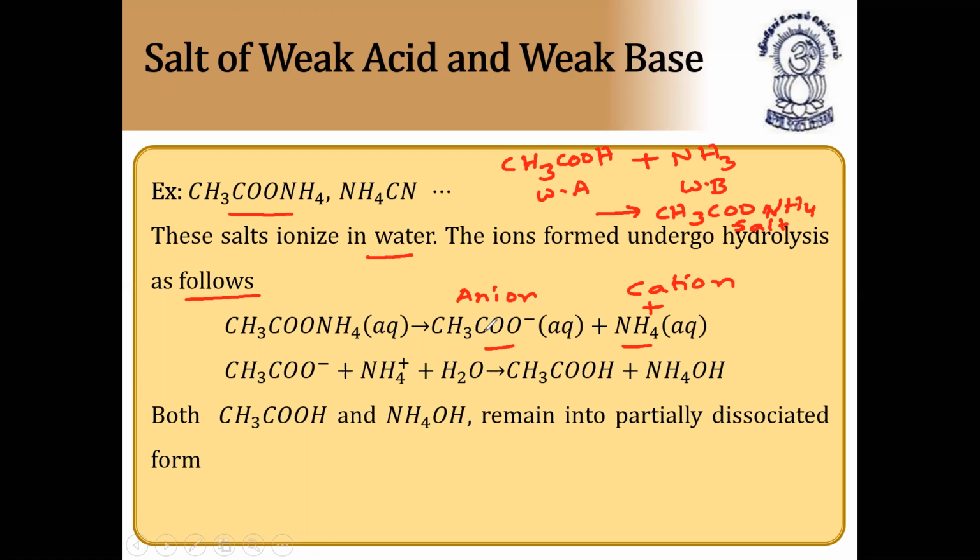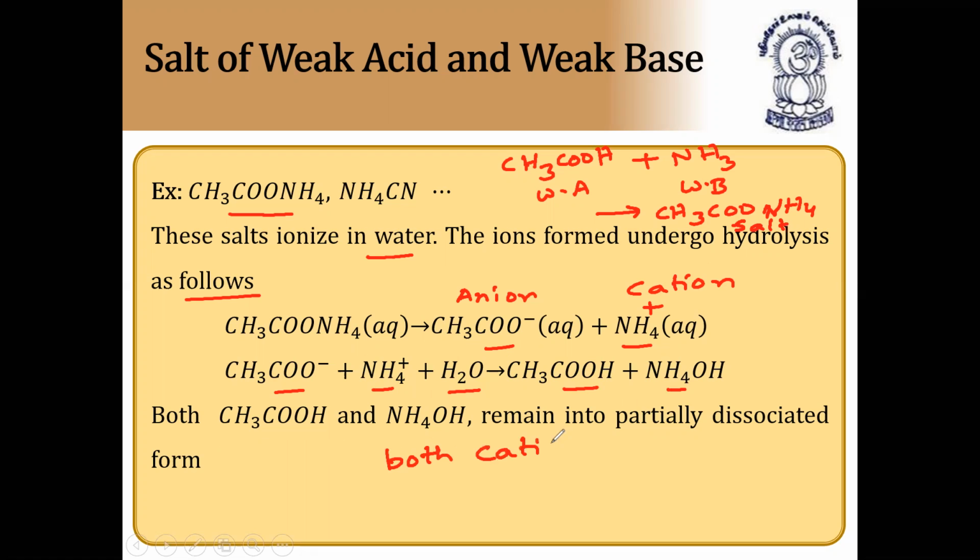In the previous case, we observed that either the cation or the anion combines with water. But in this case, both the cation and the anion combine with water and form weak acid and weak base again. Both cation and anion remain partially dissociated. This type of hydrolysis is called